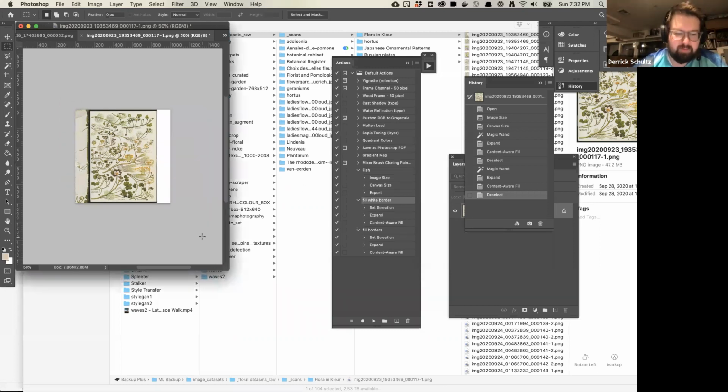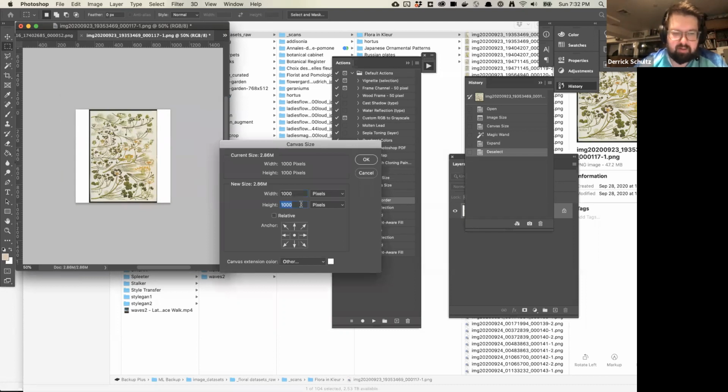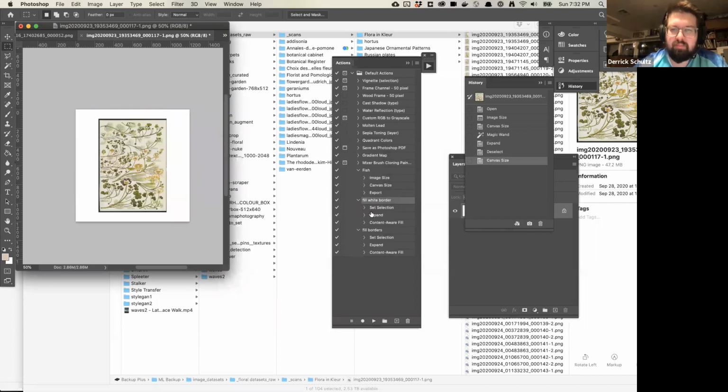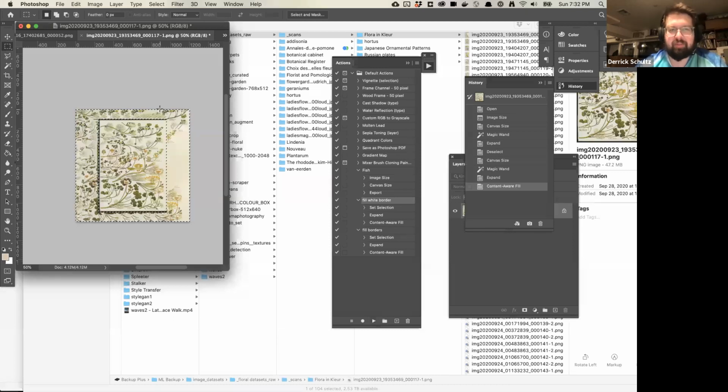I think the way this one is probably set up is, I think this one was set up for if it was an image that was set like this. Yeah, so that one was set up to work with an image like this. And again, this might not be the look you want to go for, so you might have to tweak your algorithm a little bit to get actions to work.